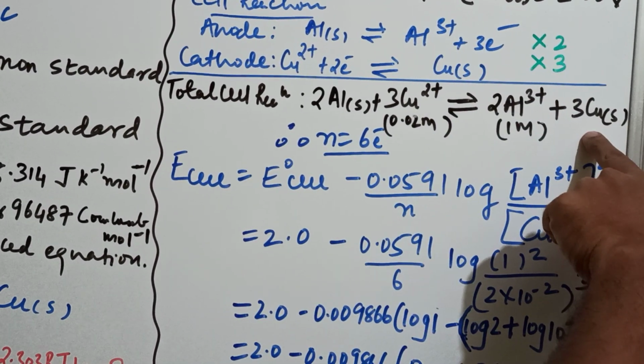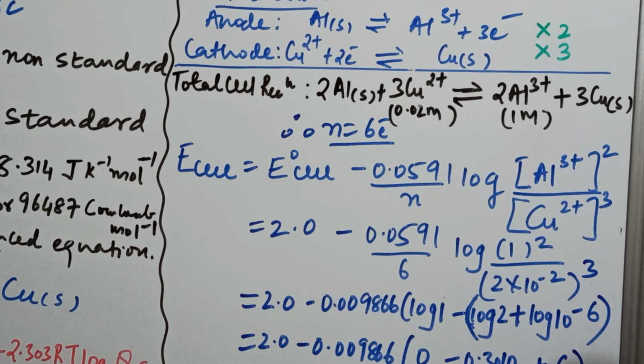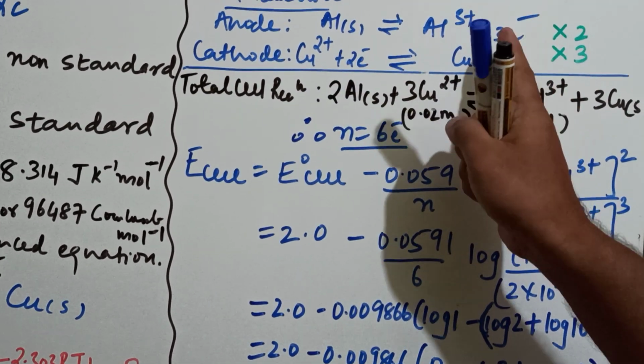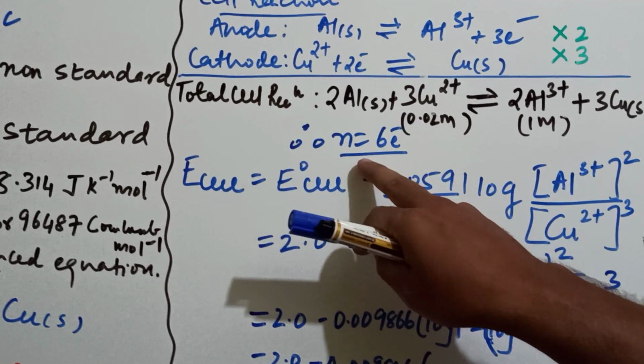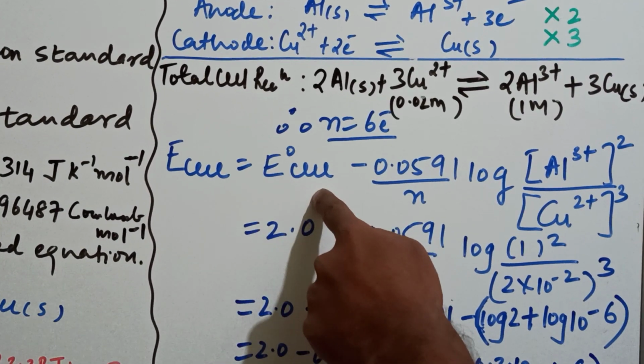here, 3 copper solid from here, because we have multiplied by 3, this is multiplied by 2. Now, total number of electrons, see on the left hand side and on the right hand side it will become 6. So, the value of n will be now 6. Let us come to the equation. E cell is equal to E naught cell minus